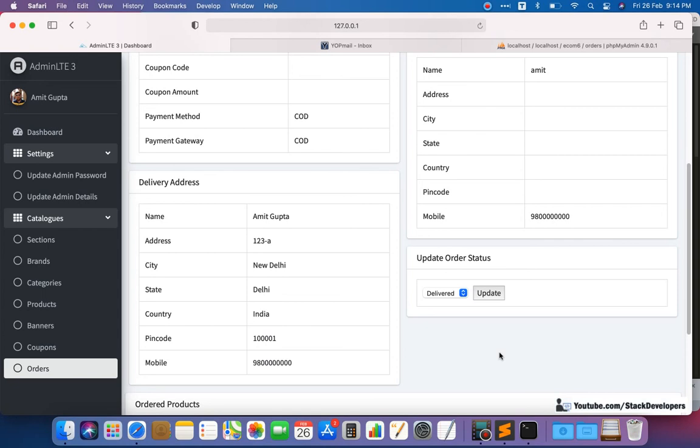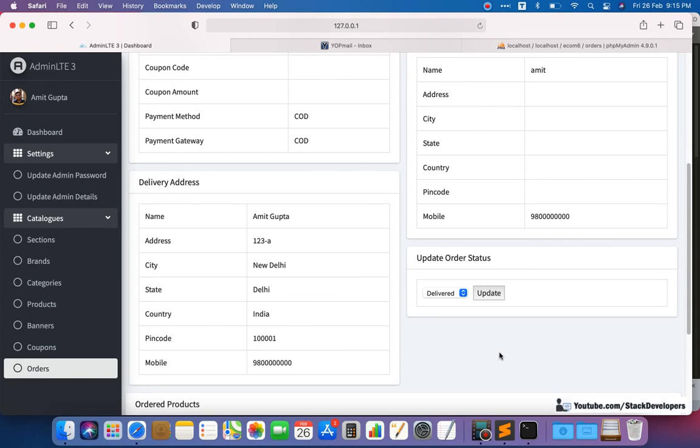And you can also add one more dropdown, or a text field, for the courier name, if we want to send the user an email or SMS saying your order has been shipped with FedEx courier having this tracking number.